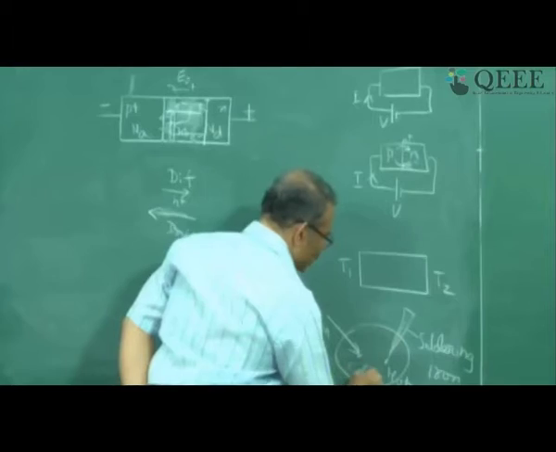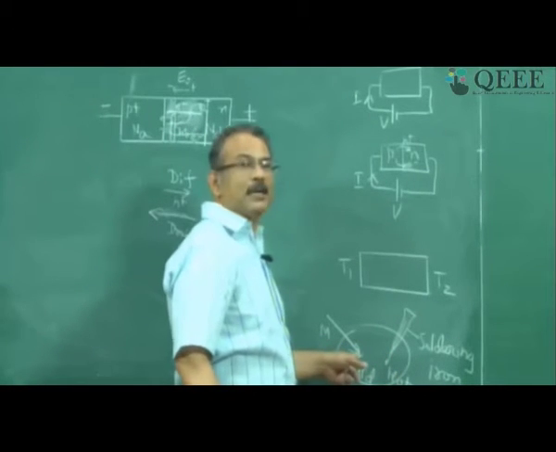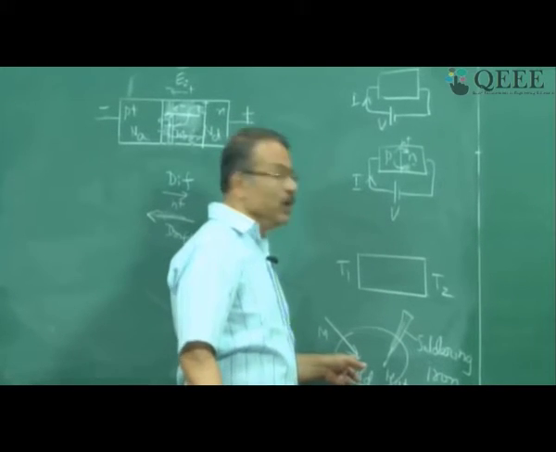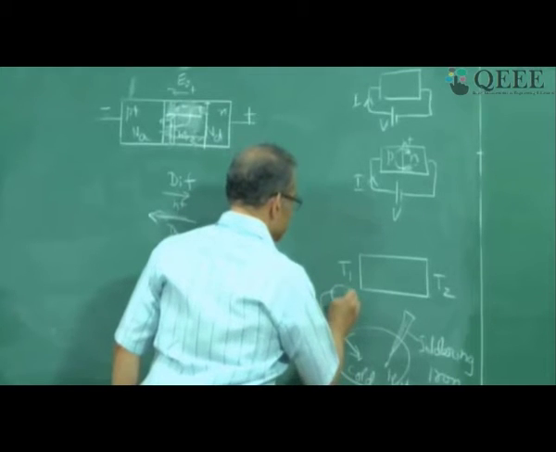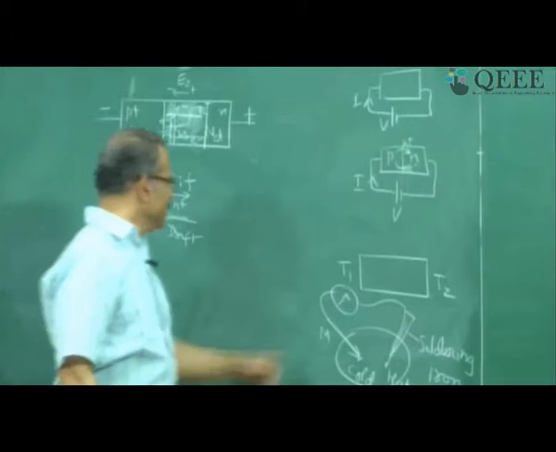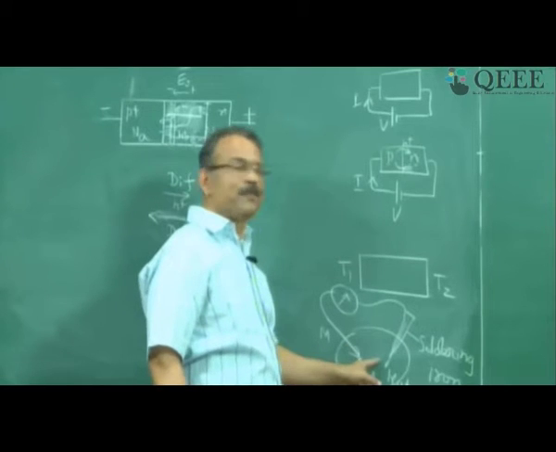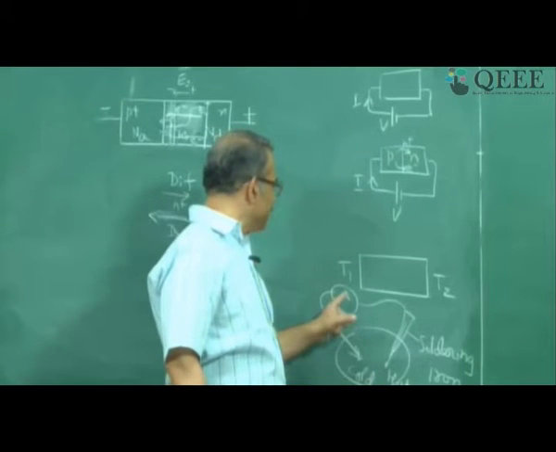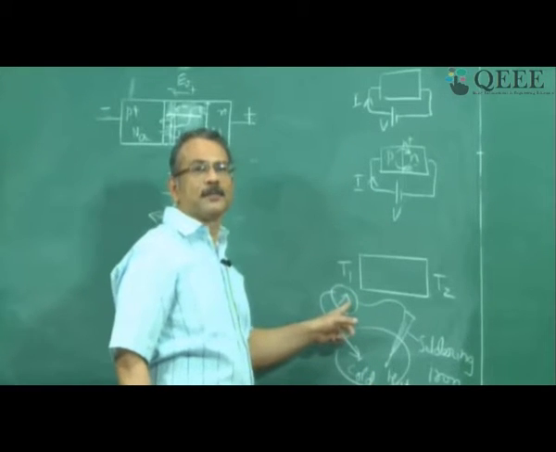This is a soldering iron. So now this point will be hot and this point is cold, right? So the temperature here is more than the temperature here. You can actually get a current between these two. If I connect a galvanometer between these two, I will find a current, and the direction of this current will depend on whether this semiconductor is N or P. If the semiconductor is N, I will get a particular direction. If the semiconductor is P, I will get the opposite direction of current.